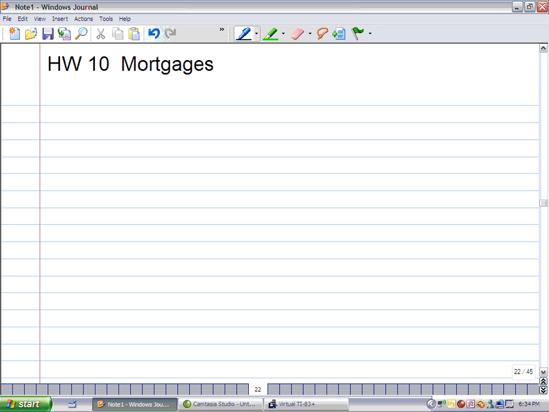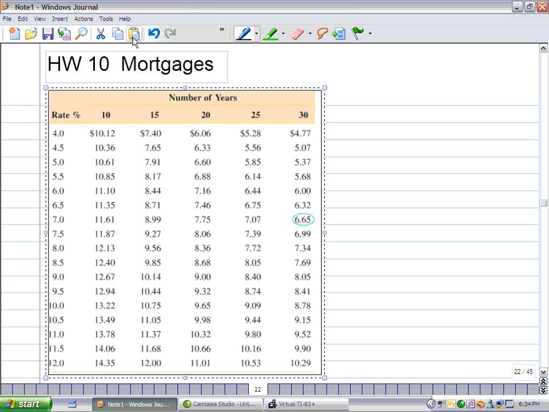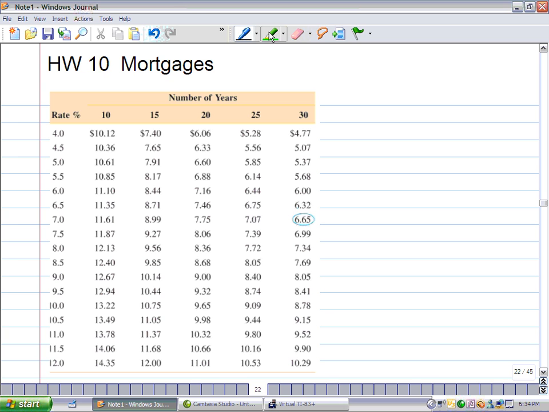Last section of homework 10, we're going to talk about mortgages. Mortgage section, it's a little more to it than the installment buying, but not a whole lot. We're going to, again, instead of using the formulas, use a table. There is a table in your textbook, and I just copied this one straight from your textbook. So the fact that this one is circled is from one of the examples in your text, so don't worry